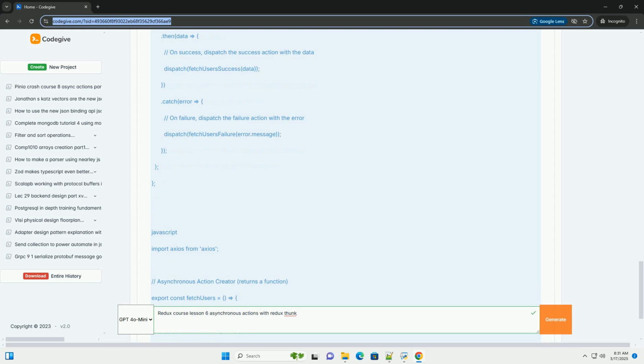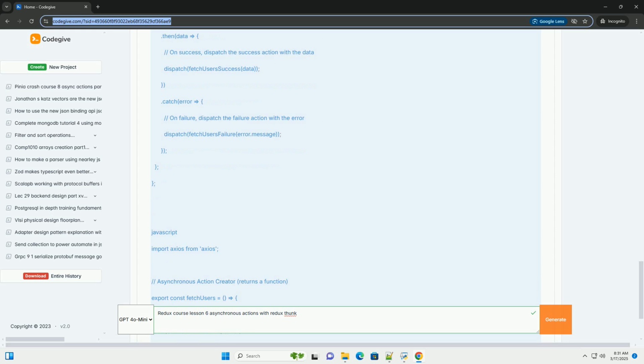1. Why asynchronous actions are necessary. Redux is designed around a predictable and synchronous data flow. This means that when you dispatch an action, the reducer immediately updates the state. However, many real-world applications need to interact with external resources like APIs. These interactions are inherently asynchronous. For instance, fetching data from a server takes time, and you don't want to block the UI while waiting for the response. Without a mechanism to handle asynchronous operations, you'd be forced to perform API calls directly within your React components, leading to: